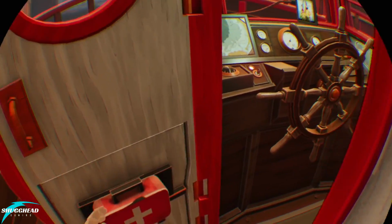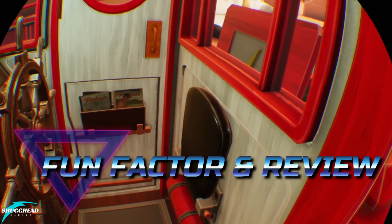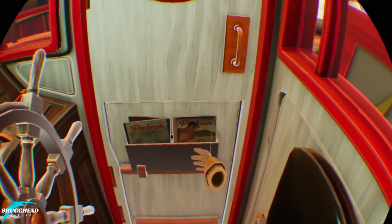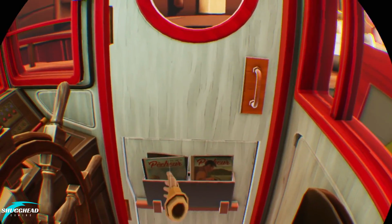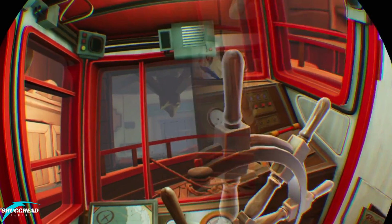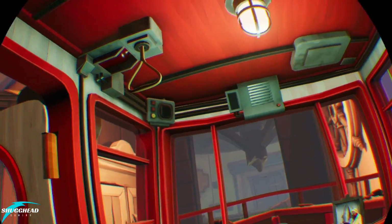And that takes us to fun factor in my final review. As many of you know, I'm not much of a puzzle guy, as I'm an impatient bastard and hate when games just mess with you to be clever. Much like the recent Red Matter or Torn, A Fisherman's Tale is a narrative first that is then supported by its puzzles. As such, puzzles are organically interwoven into the game's narrative and are designed to be intriguing, fair, but